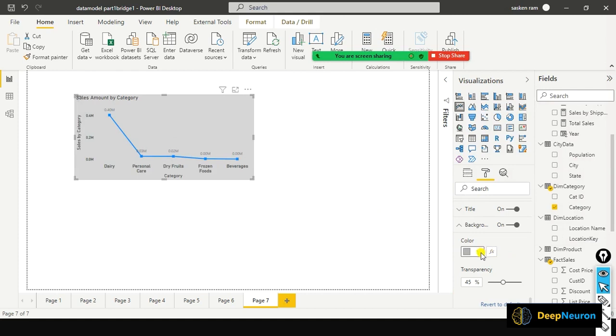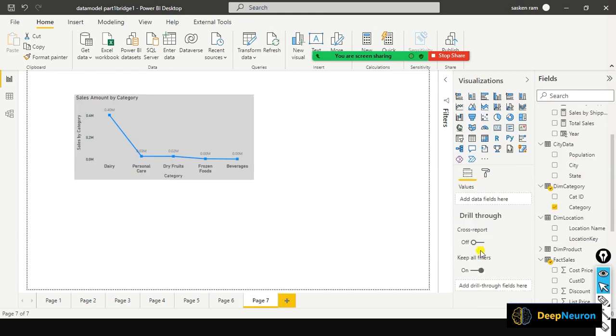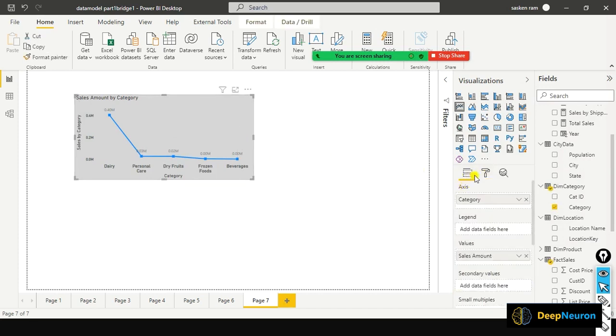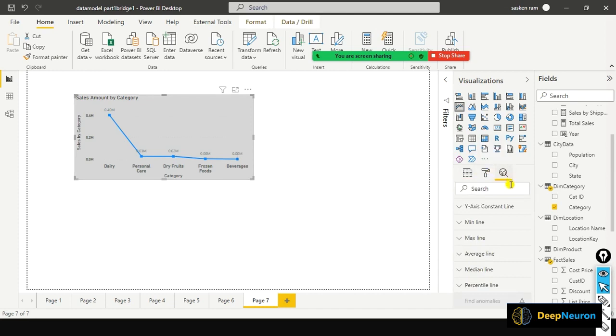Or better, you can live with the white color. White is far better. You can play around with this. First you need to select the visual, and then only you can see it here. When you click on this one, this is called your analytics, where constant line, average line, median line and